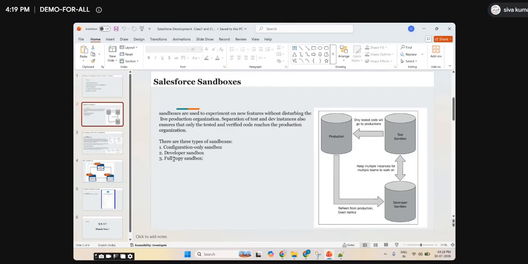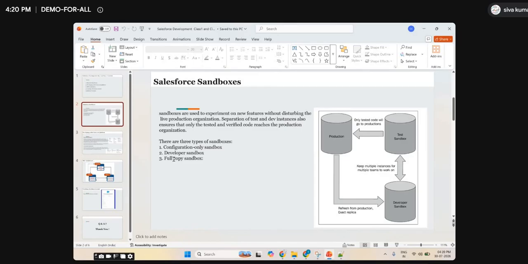For example, Facebook has to test one feature with all the users. Say somebody just opened a live, some celebrity, right? So all users suddenly want to go and see that live. If the server should not hang, what they will do is take the records of millions of users to another sandbox, copy an exact replica of what Facebook is now into that sandbox, and test the load there. You're getting my point?